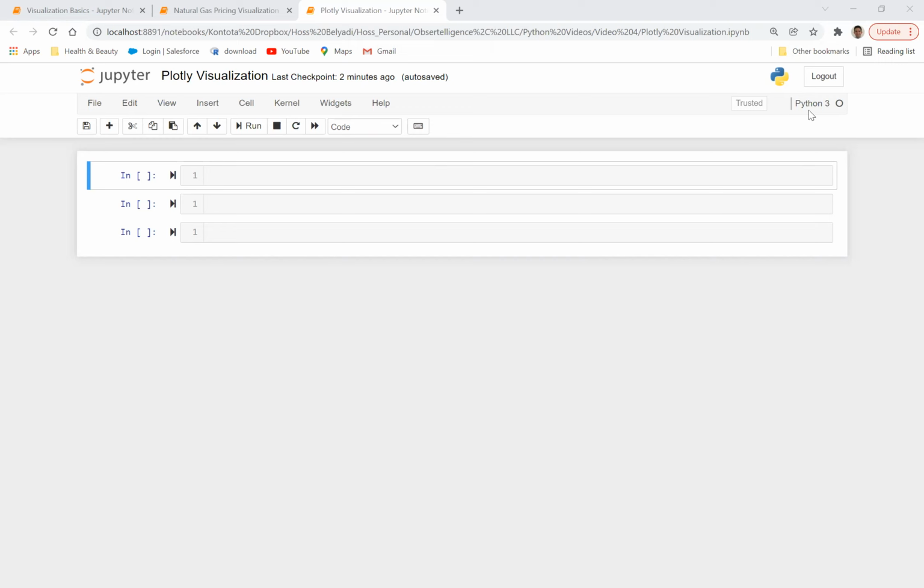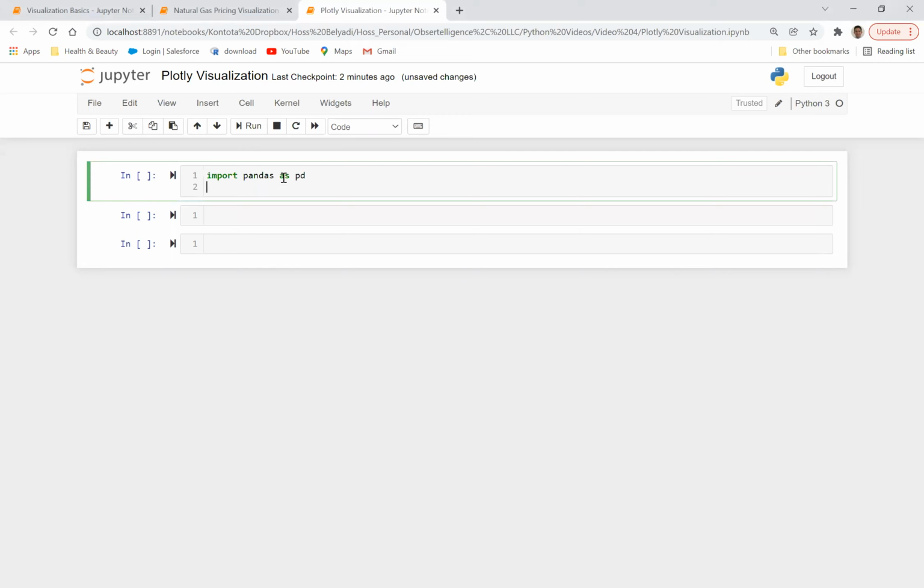So let's go ahead and start by importing some new libraries. Let's just say import pandas as pd again. We've done that before. We're going to import plotly.express